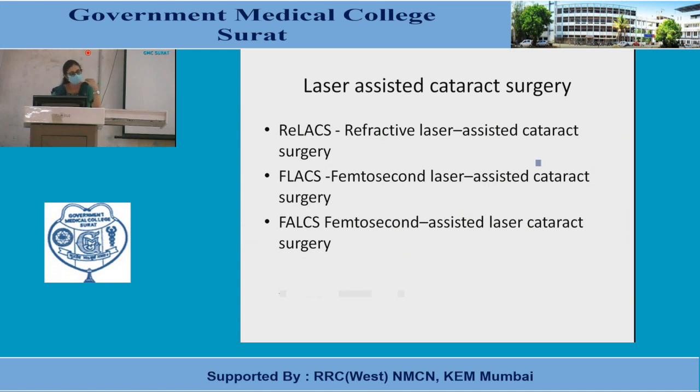From planning of your incision to marking what opening in the capsule you require, everything is done with the help of a laser. The way the excimer laser is used for removing spectacle numbers, in the same way laser assisted mapping of the eye is done. What location of incision you want, what depth of incision you want, everything is calculated by the machine and that is marked. So the surgeon only has to go and just put a spatula, and the incision will open. The capsule is already marked, you just have to remove the flap.